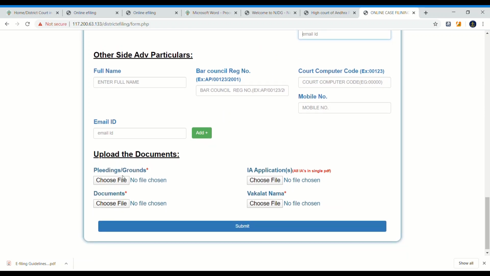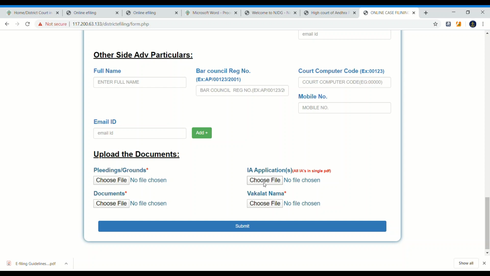And pleadings. What are the pleadings? The grounds on which you are going to file a case will be in PDF format; choose the file which is already with you, as well as any IAs in your file. For example, if there is one IA, it will be one PDF.